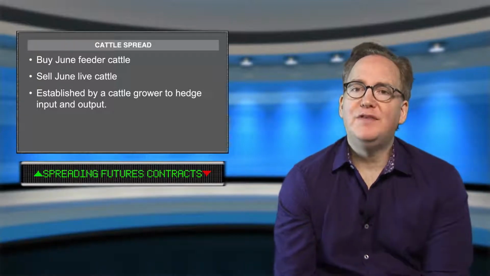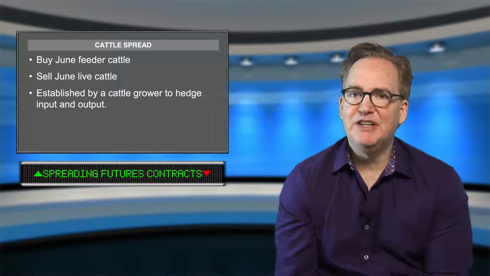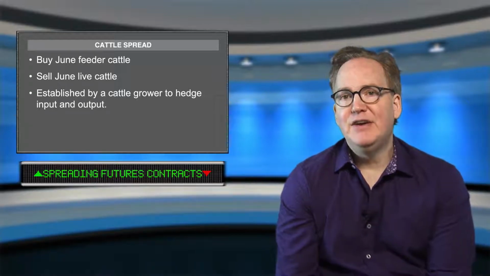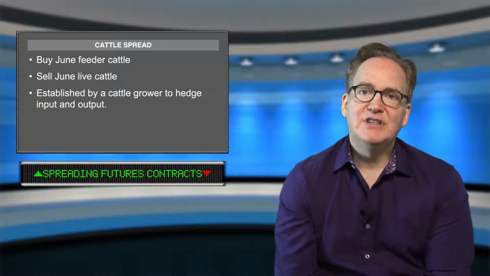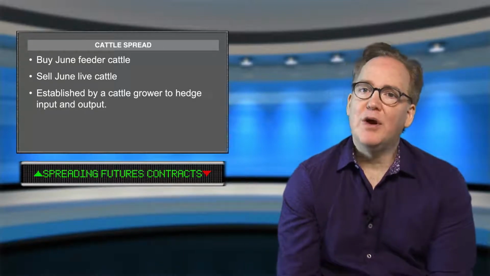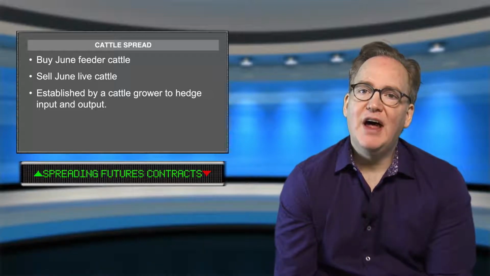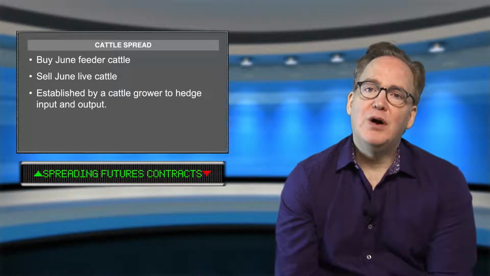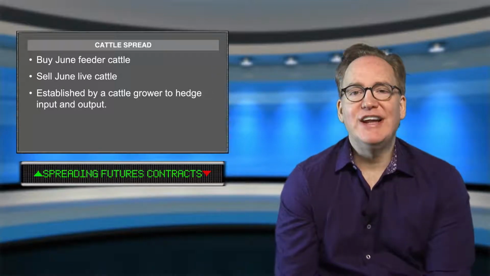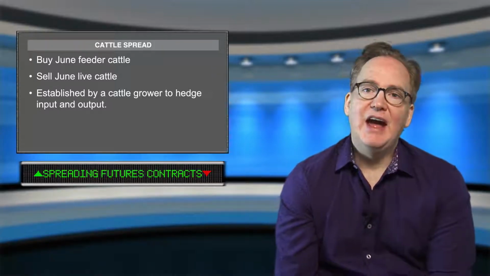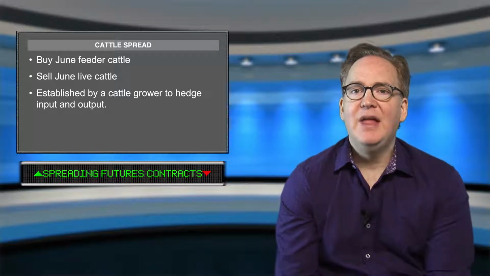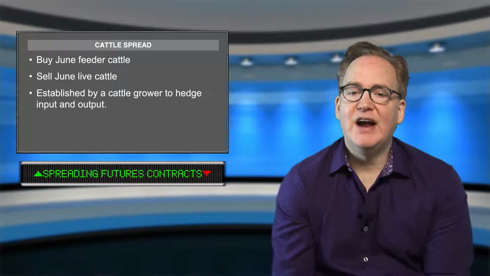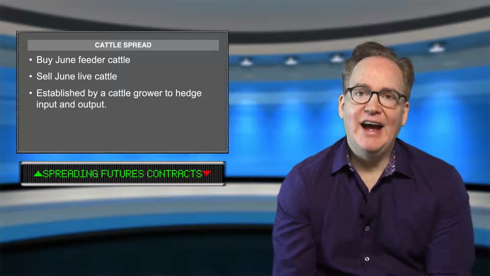They would go long the feeder cattle because that is their input. They must buy the feeder cattle to raise them and grow them into live cattle. Then once the cattle have matured and they're ready to go to market, the rancher sells live cattle. So the raw or input cost for a cattle rancher is the feeder cattle, and the output or refined product, as it were, is the live cattle. So you'd want to go long the feeder cattle and short the live cattle contract if you were operating as